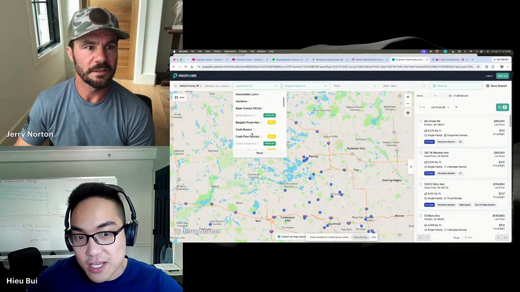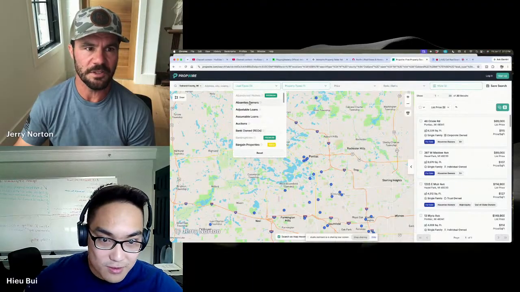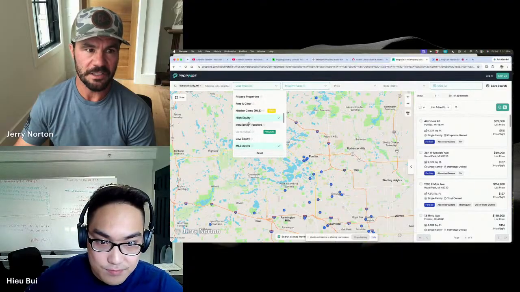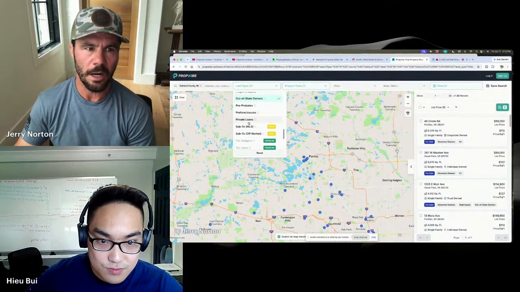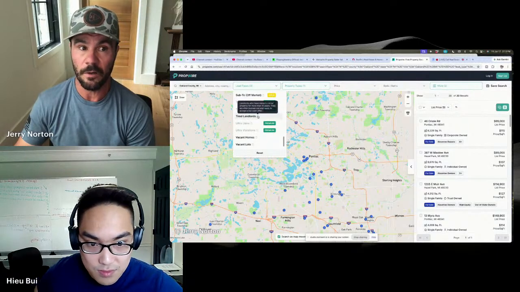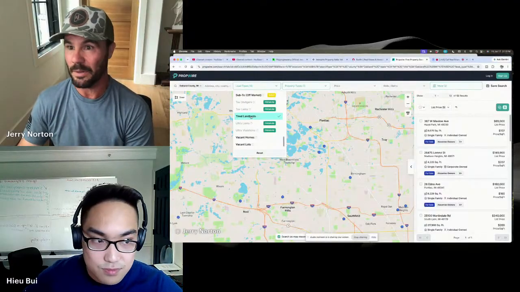So this is high equity and out of state, right? Yeah, high equity and out of state. I don't need to click absentee owner because that's what an out of state would be. But if I just clicked absentee owner, it would just mean they don't live in the property. I could click tired landlord. Tired landlord all that means is they've owned it for more than 10 years. So that brought me down to 13.